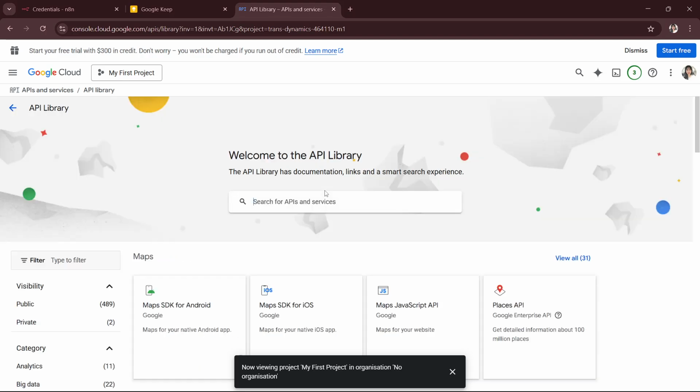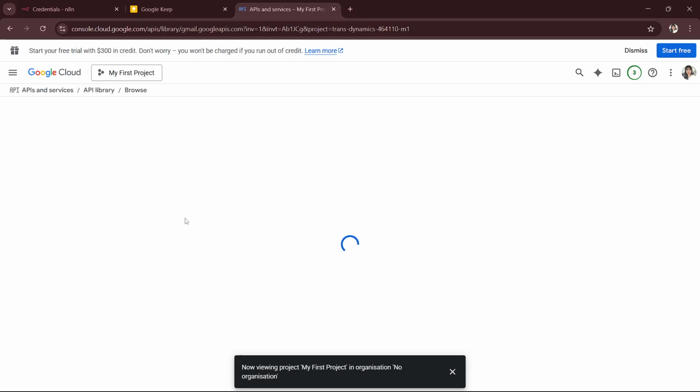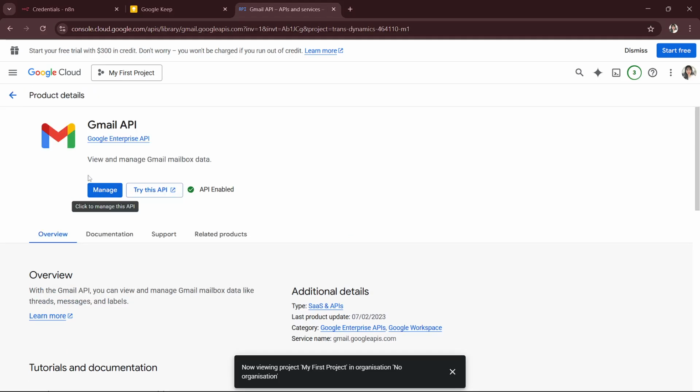And once you're here, you will look for Gmail API and just enter it. And once you find it, you will just click on it. And if you haven't already enabled it, make sure to enable it. If you've already enabled it, the next thing that you will do is go to OAuth consent screen and then